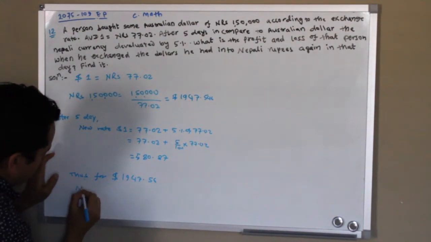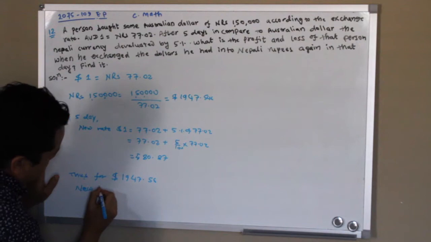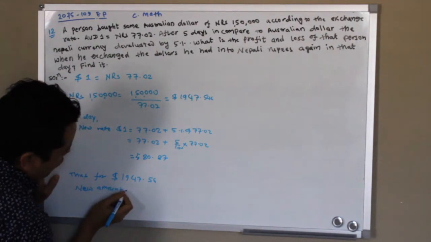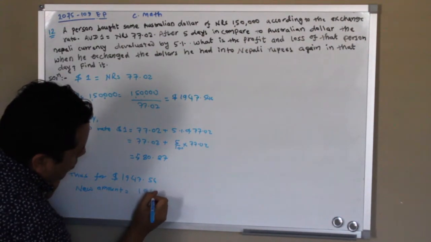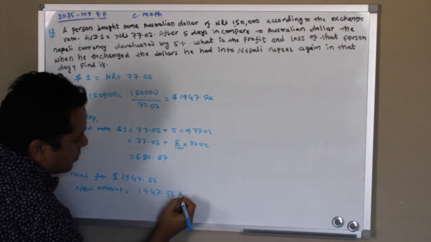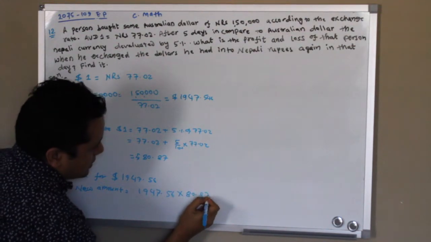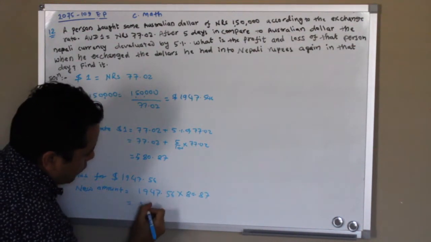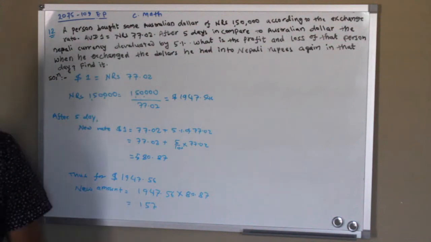The new amount is nothing more than the dollars we have, this much, times the rate, which equals 80.87. So the new amount would be 1,57,000. If you do it in a calculator,